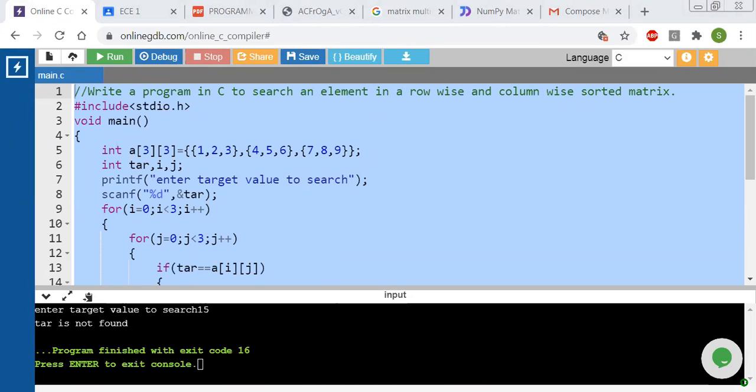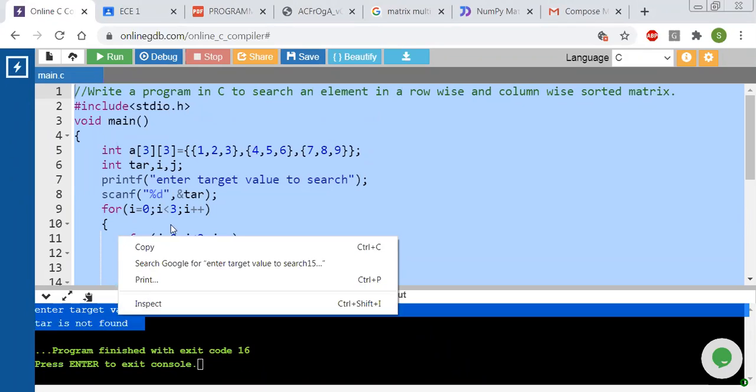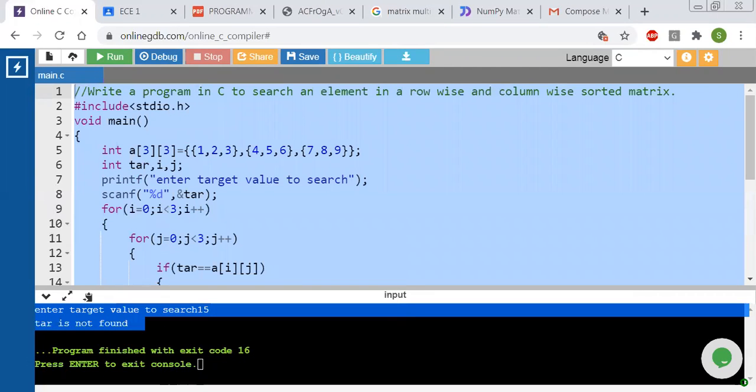I'm copying each and every program. Otherwise I will post it now itself.